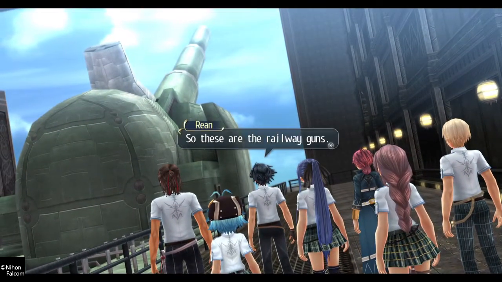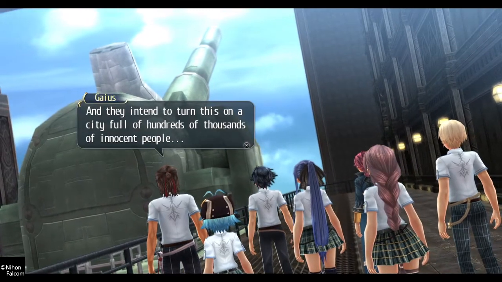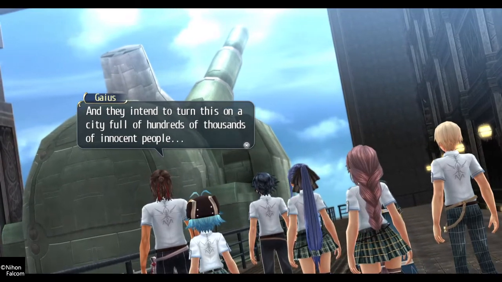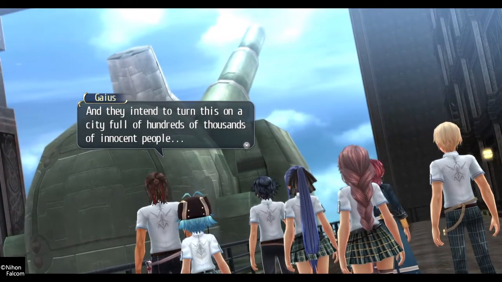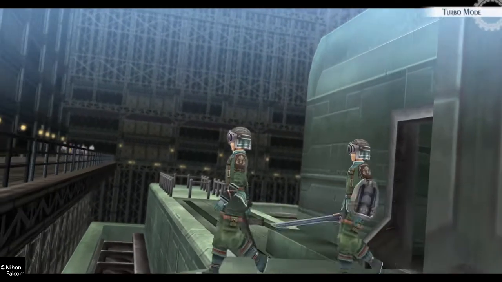So these are the railway guns. It's gigantic. And they intend to turn this on a city full of hundreds of thousands of innocent people. I think Crossbell has a population of 550,000, I believe. So he is right, hundreds of thousands, but...